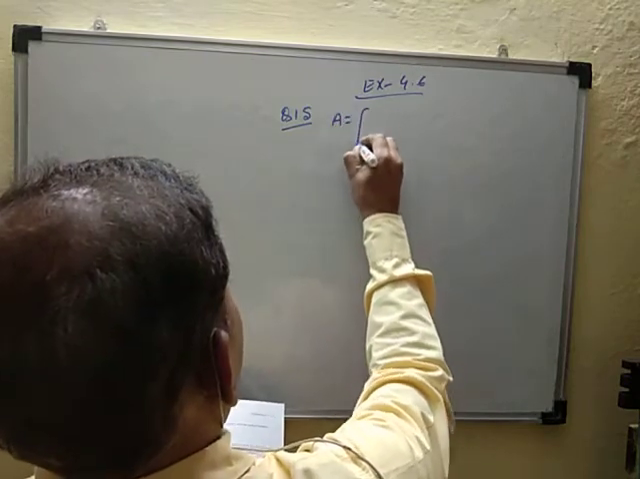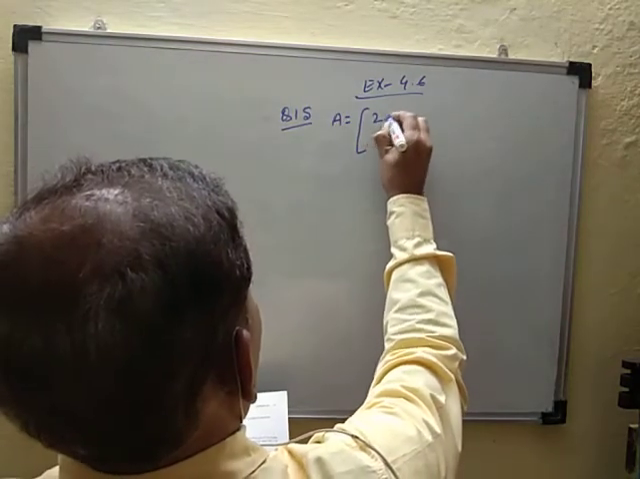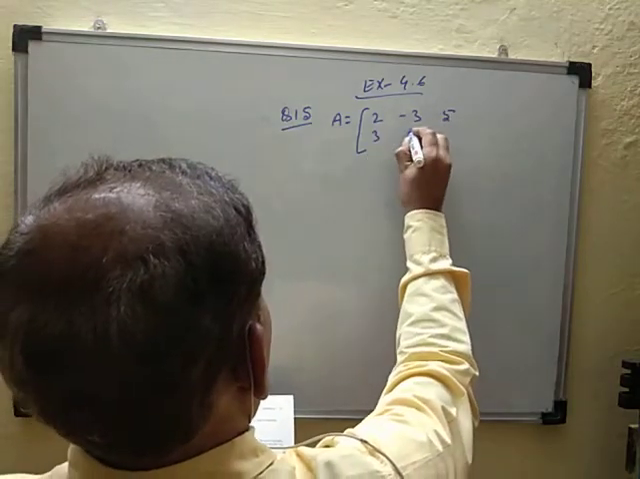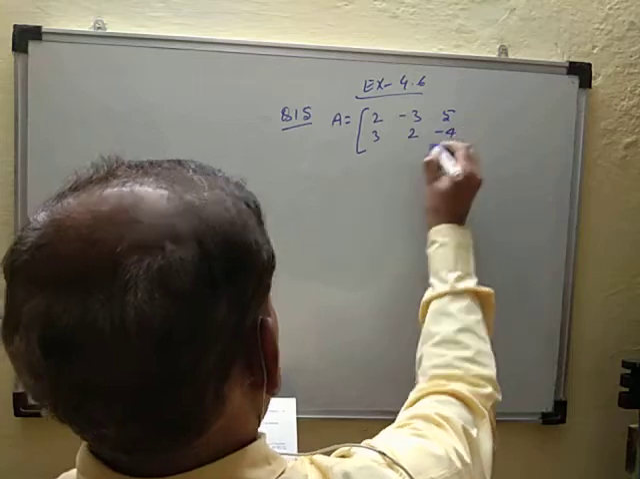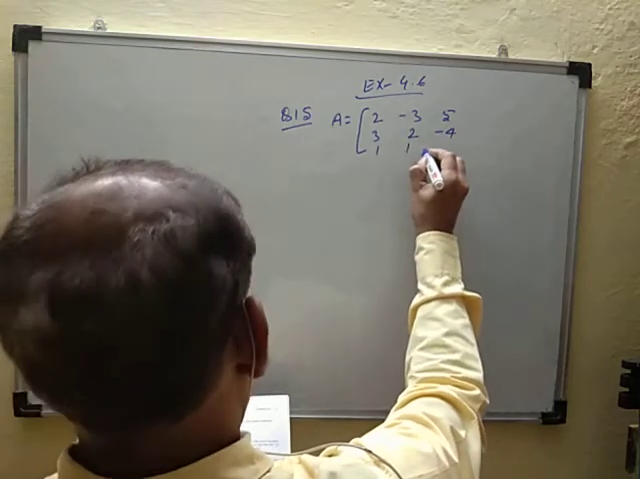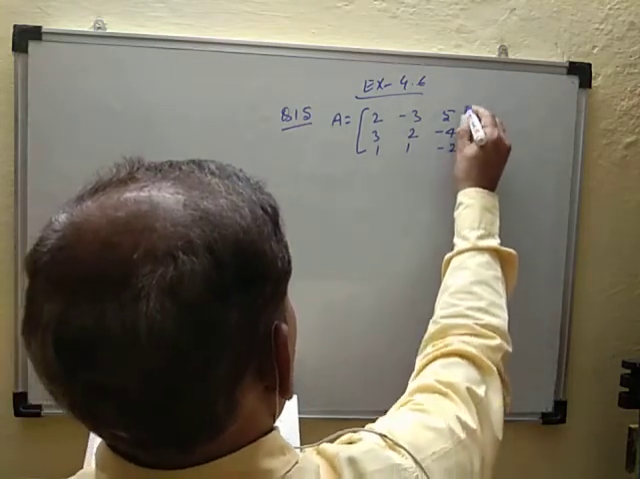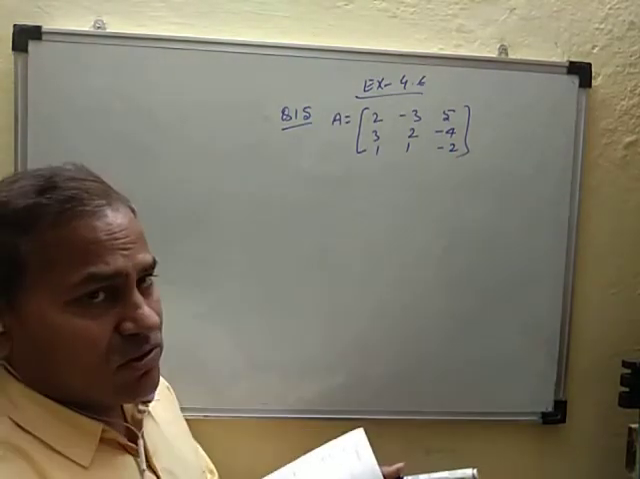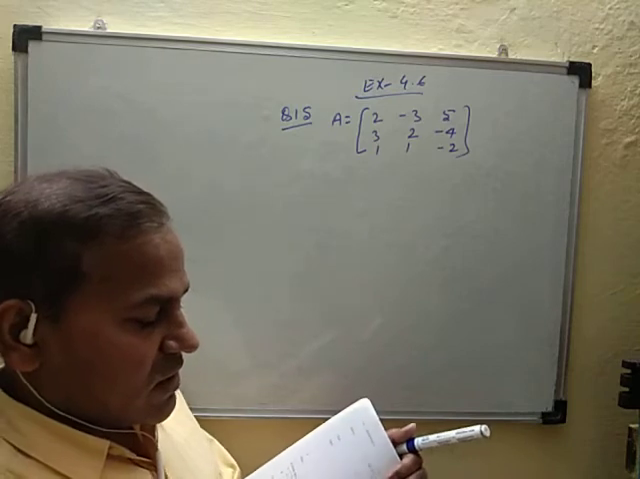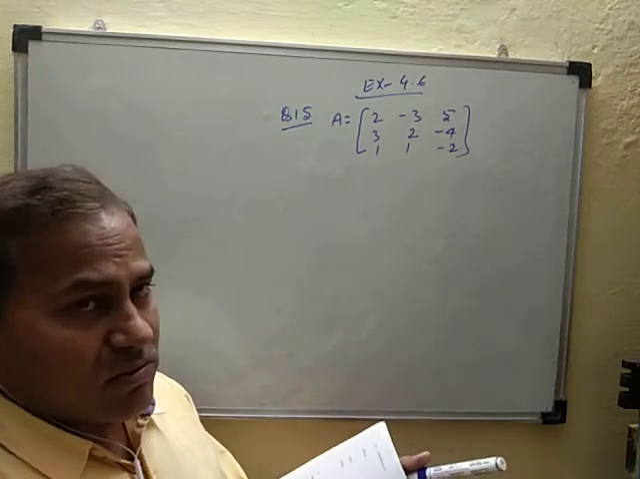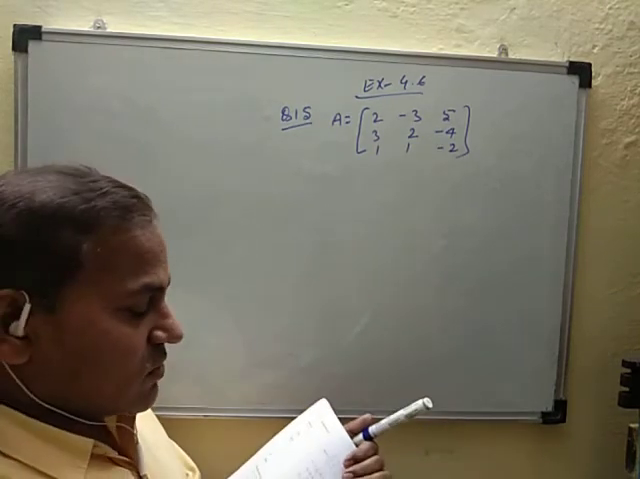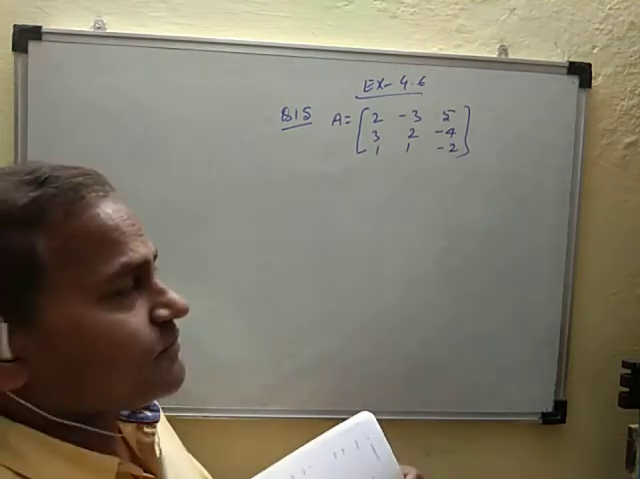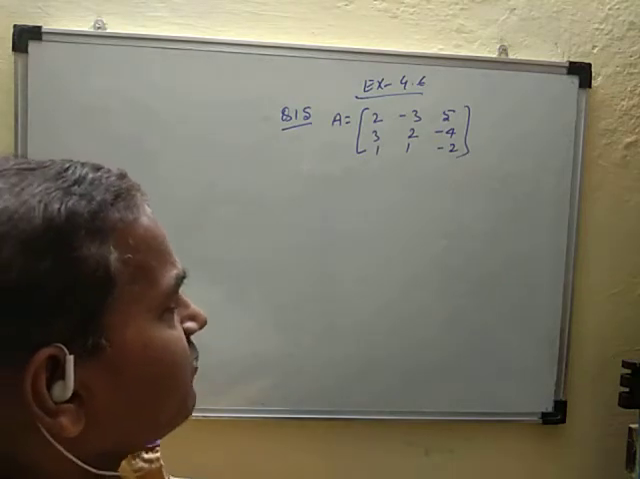If matrix A is given, A is 2, minus 3, 5, 3, 2, minus 4, 1, 1, minus 2, then find A inverse. So first find A inverse and solve the system of equations. So first find A inverse. For A inverse,